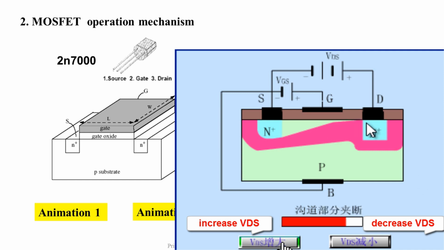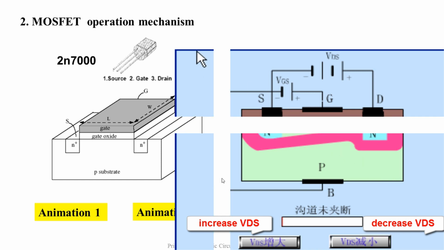With the increase of UDS, channel near D side is cut off. Firstly, the cutting off region becomes larger and larger with a gradual increase of UDS. Reversely, with the decrease of UDS, the conduction channel will be formed again. Anyway, the channel always has a wedge shape with different widths on two